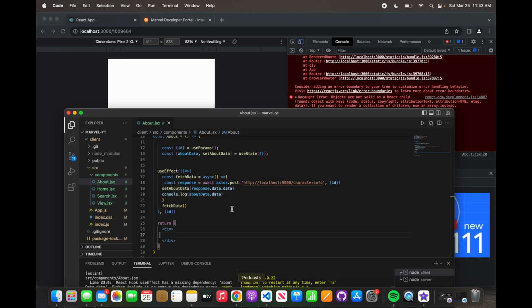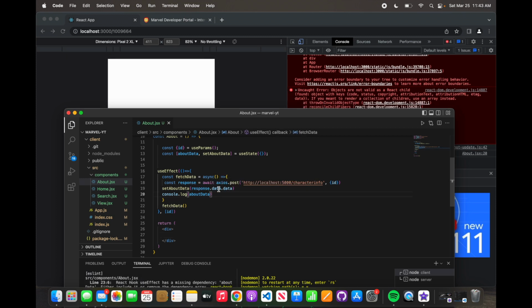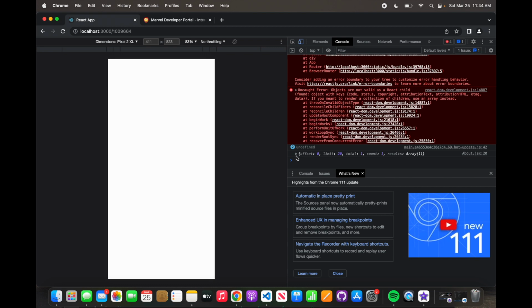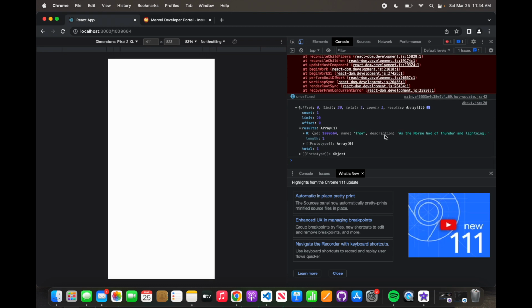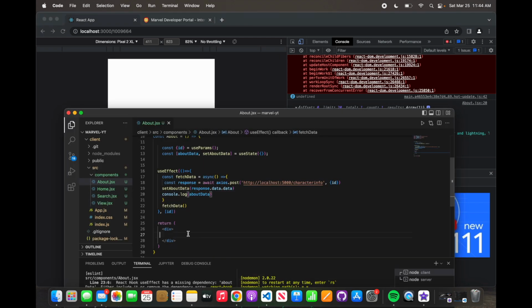Let's see, JSX 20 console log. So response.data. Oh yeah, this. Remember, this is a representation of about data here, so I don't have to add data here also. And as you can see, it gives you the total results here. And here you go. So what we're doing here is